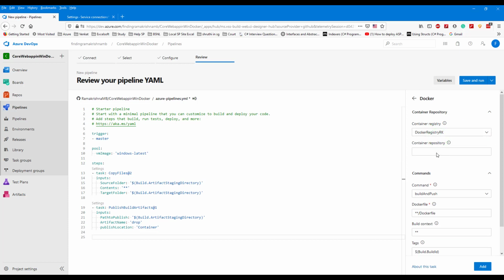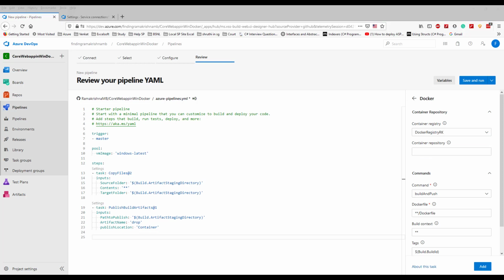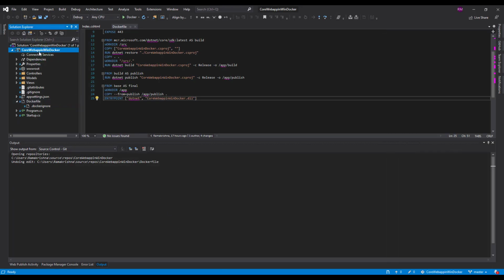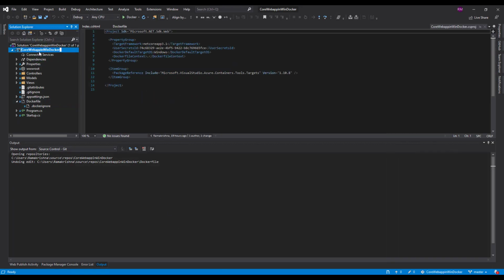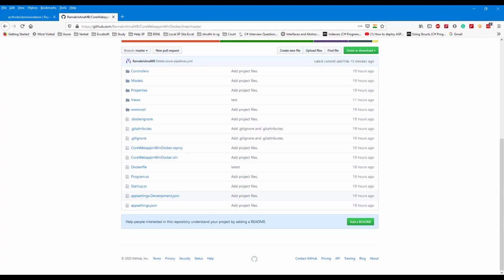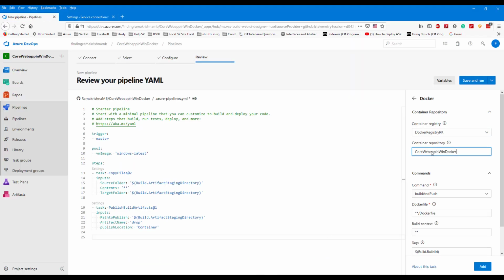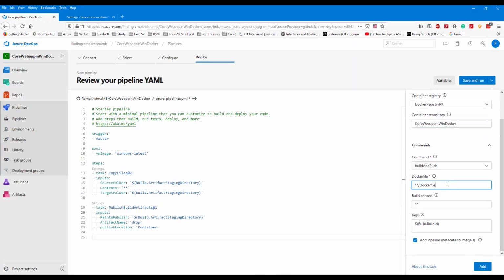Select the container registry type we created. A container repository is nothing but our image name. Usually our image name will be our project name. Just copy paste our project name as the image name, or else you can give whatever you want. And Docker will search for the Dockerfile.